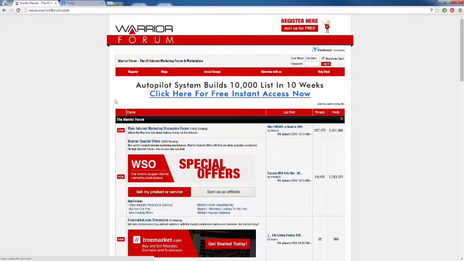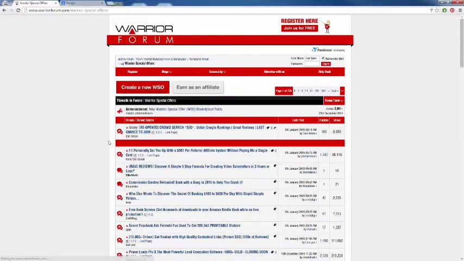Also, you'll notice we have a banner slot up here. We have this banner ticking, so this forum offers banner advertising. If we jump into this forum here, we can see the sticky section. The sticky section is definitely prime real estate on any forum because stickies have been proven to get a lot more visibility, obviously, because they are stickied to the top of the forum.